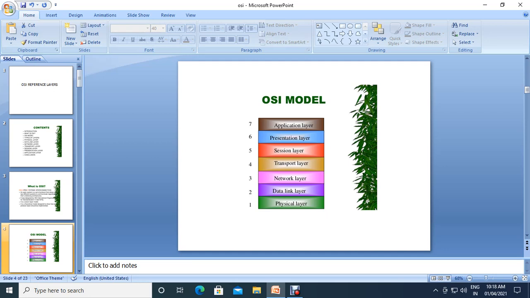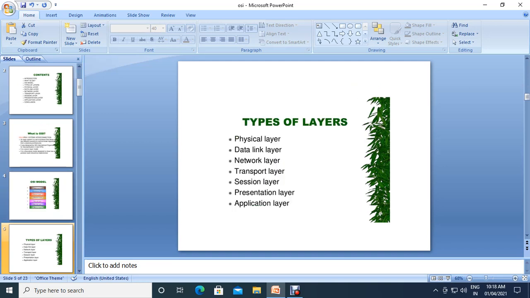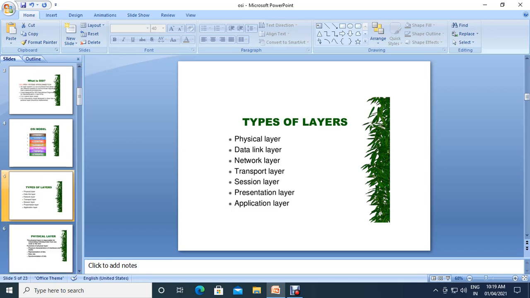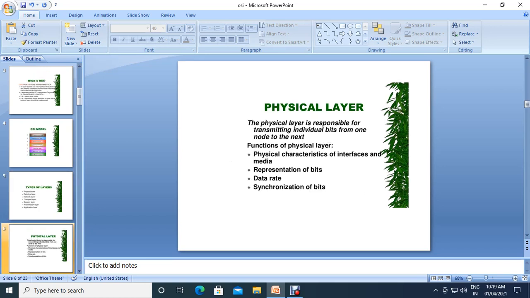Like that we have to mention them in order. Okay. So here are the types of layers in order: physical, data link, network, transport, session, presentation, and application. First, the physical layer, we have to discuss this one.